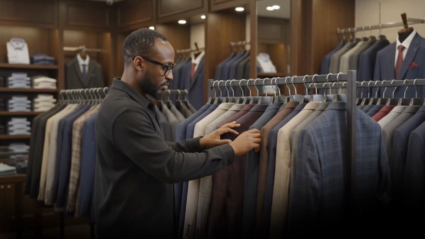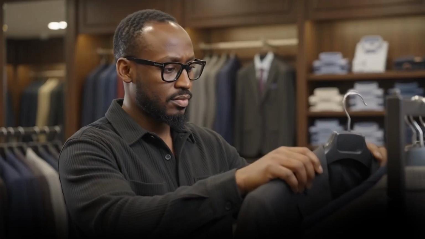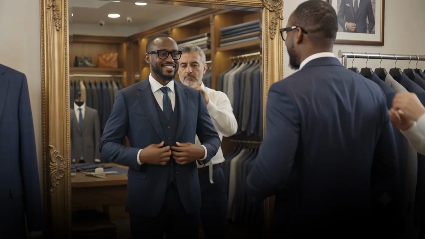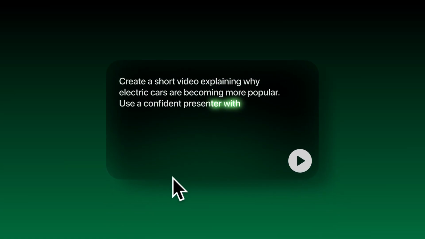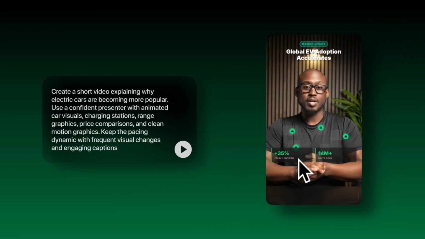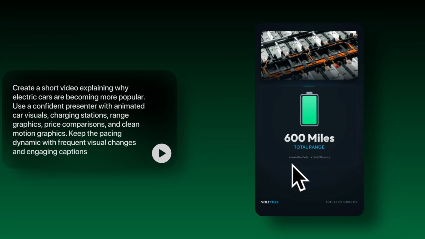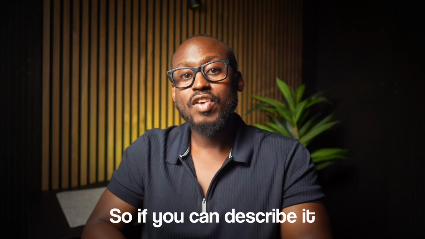Think about it like ordering a suit. A template is buying off a rack and hoping it fits close enough, and this is getting measured. Same suit, completely different fit, and the only real difference is that one of them was made for your body. And here's the proof. This is another one I made off a completely different prompt. And look at it, different visuals, different pacing, different everything. If these came out of a template library, they'd be twins. So if you can describe it, you can build it.